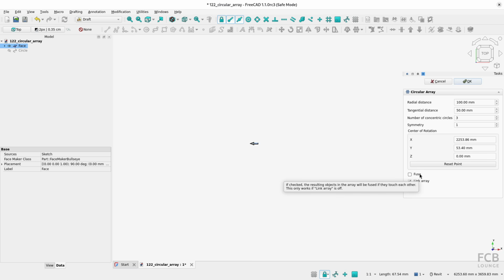If you want to know what fuse and link array means, I recommend you to watch my video about orthogonal array, where I explained how to use these options. And also I explained there how it's possible to break the array into individual objects. But now let me actually show this other circle, and let me create